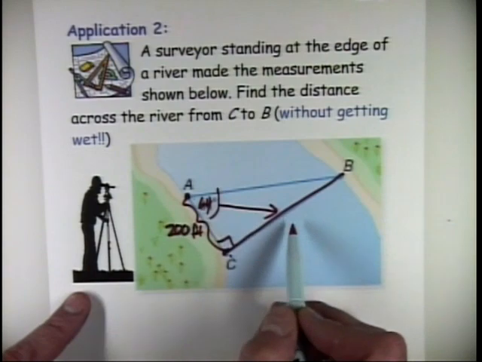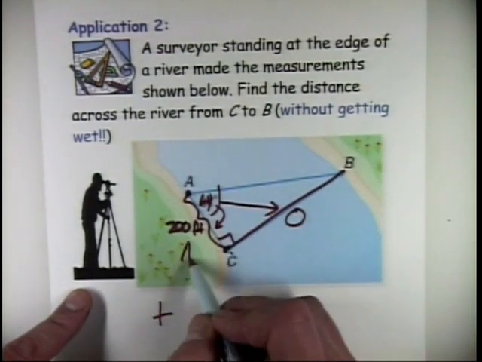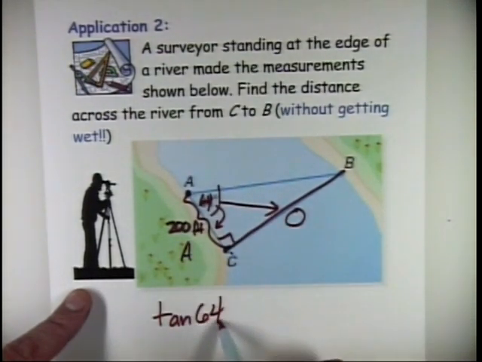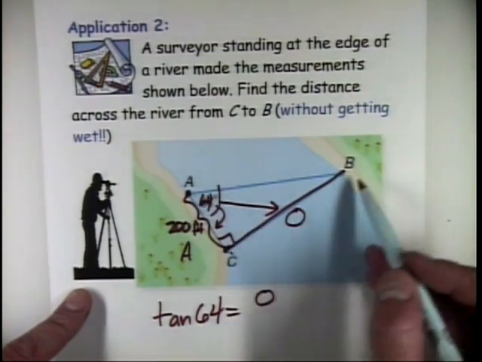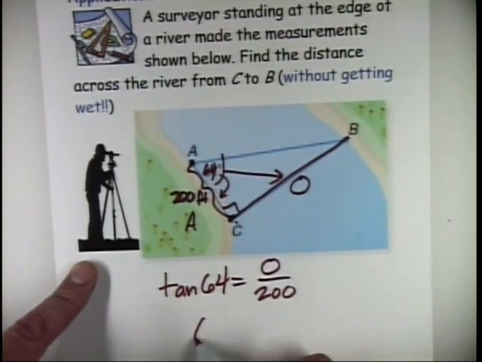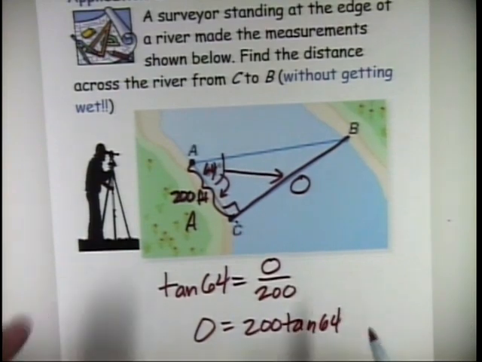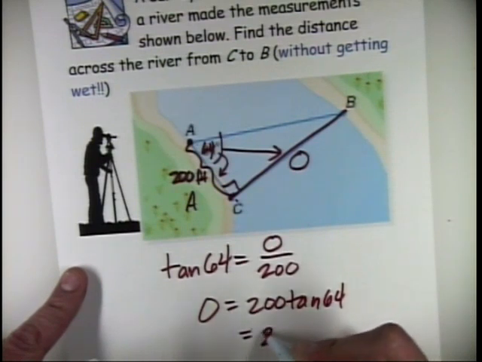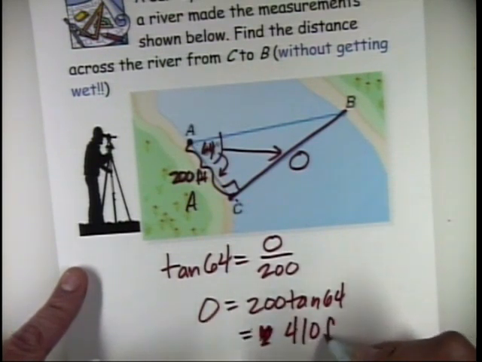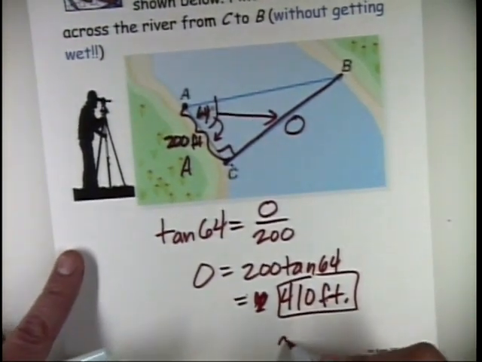Here's 64. We're trying to find the distance, which is really the opposite side, and we know the adjacent side. So that's O and A. That's going to be tangent. So tangent of 64 is O, which is representing the distance across the river, over the adjacent side, which is 200. So the opposite side, O, is 200 times tangent of 64, which if you work that out on the calculator, you get 410 feet across. I said we wouldn't have time to work it, but we did. 410 feet, which is approximately